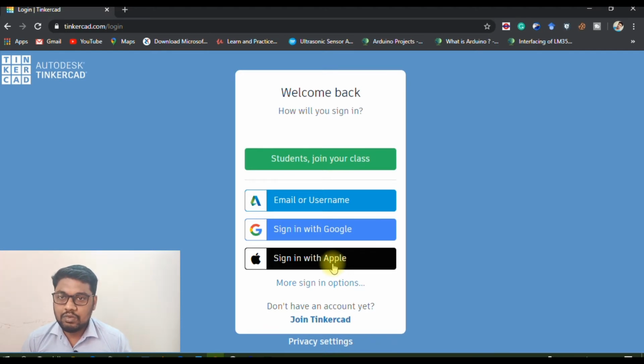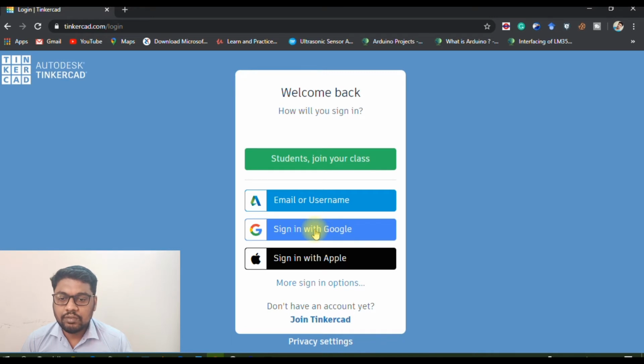Everybody using an Android phone signs in with an email ID to use the Play Store, so the same email ID can be used here to sign in. I prefer that method. Just select the option Sign in with Google.